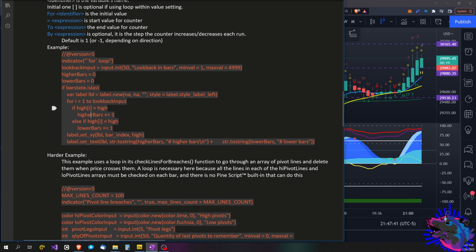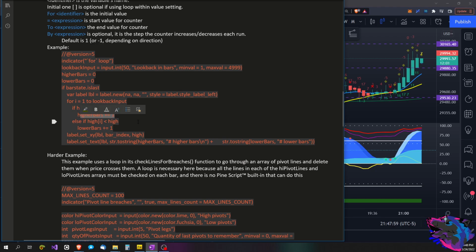If that's greater than high, which is going to be the current high itself, then higher bars plus equals 1. If you don't know what that is, it's just a shorter way of saying add 1 to the variable higher bars. So it's like saying higher bars is equal to higher bars plus 1. Much shorter way to type it. Else, if high 1 is less than the current high, then add 1 to lower bars. And basically it's just counting how many higher or lower bars from the current that you have going